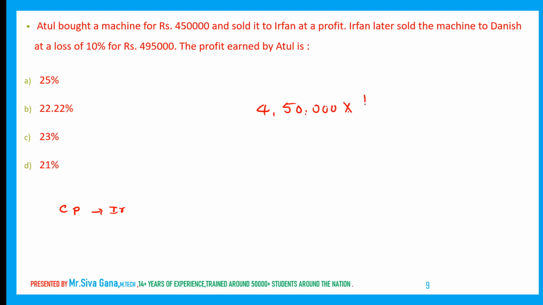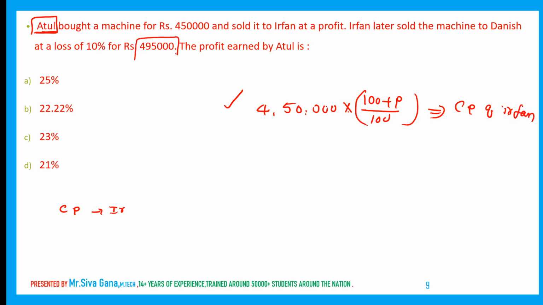Some profit, let us say P% profit: 100 plus P divided by 100. This is the selling price of Atul, which will be the cost price of Irfan. Now, one more: the selling price of Irfan is